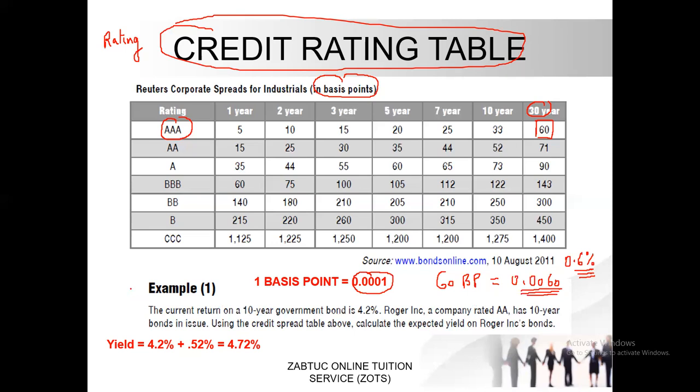So therefore, let us do our first computation and we go back to our question and we conclude it for today. The current return on a 10-year government bond is 4.2. So it means that the risk-free rate is at 4.2. Roger, a company rated